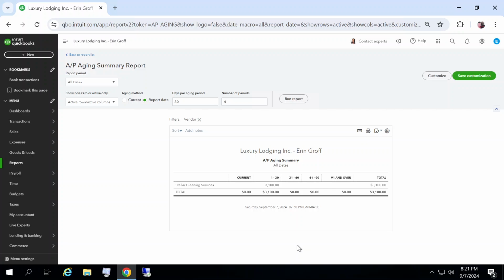You should review this report on a weekly basis and make payments before bills become 61 to 90 days past due. Next, we have the unpaid bills report. This report provides a breakdown of all bills that have not been paid. It includes the bill date, transaction type, bill number, property, due date, number of days past due, amount, and an open balance column. So we're going to,